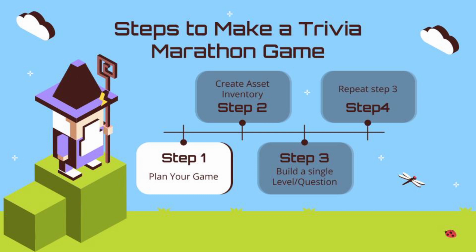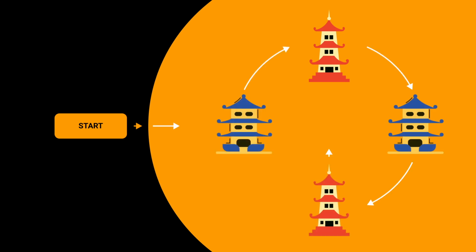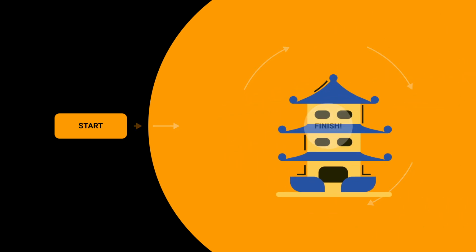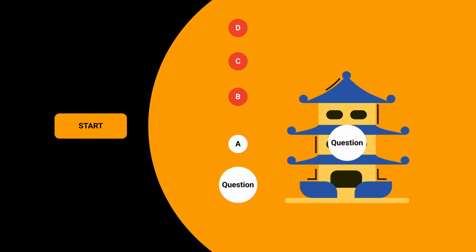For this video, I'll be creating a short trivia quiz marathon on Chinese art history. It'll take place in the game map where players spawn at the start point. They tour through 4 buildings while answering questions until they reach the end goal. For each building, players answer 2 questions, one from the outside and one inside of the building. Each question contains 4 different options. Only the correct answer would teleport players to the next question, and choosing any wrong answers sends the player back